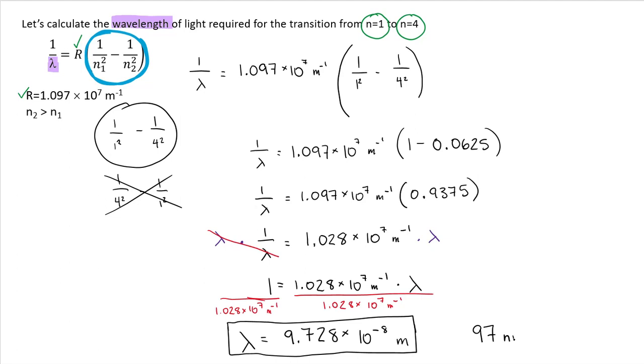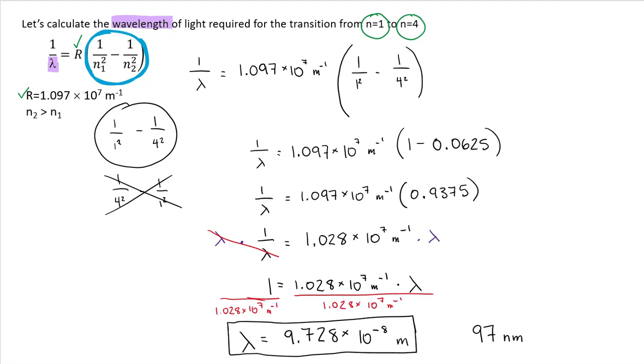And that still really doesn't sound right. Just one more second here. I'm sorry, friends. 1.097 times 10 to the 7th times 1 minus 1/16. Yeah, no, that's right. I thought it was 92. The reason I'm having issues is because I thought it was 92, but I'm obviously confused. There you have it. 97 nanometers is the wavelength of light required to raise an electron from n equals 1